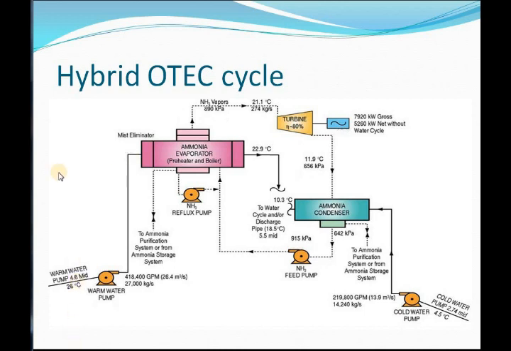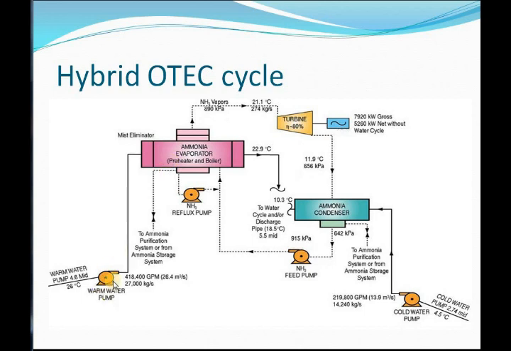So if we see the diagram of this hybrid OTEC power plant, the water is being pumped from the surface, that is the warm water is always the surface water of the ocean, which is at 26 degrees Celsius. So this may vary between temperature ranges. The difference between the cold water and the warm water temperature should be at least 20 degrees Celsius for any OTEC power plant to work. So the warm water at 26 degrees Celsius is being pumped from the surface and is utilized for the ammonia